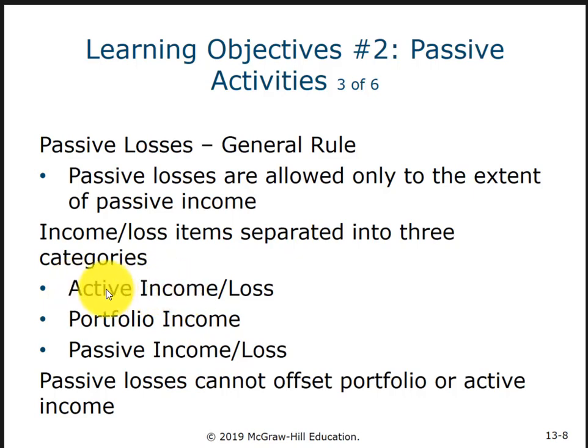So your job, and an active, materially participating business, is active income. Portfolio income is interest and dividends primarily, and capital gains. Passive income comes from those passive activities. Now again, if it's passive income, it's taxable the same way as any other income. It's only the losses where this special situation comes into play. All right? So that's why we refer to it as PAL, or passive activity loss rules. They don't just say passive activity rules, they say passive activity loss rules.